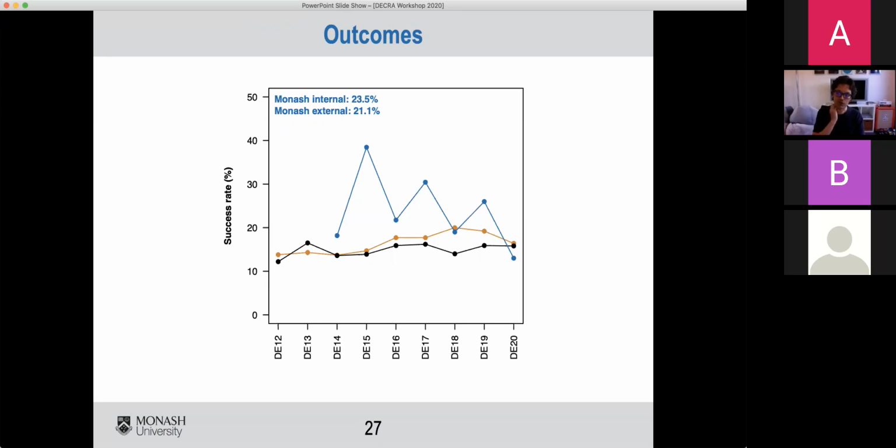And there's also no difference in success rates for Monash applicants who did their PhD at Monash or are doing a postdoc at Monash and then apply for a DECRA to stay at Monash. So the success rates are unchanged relative to whether or not you are already at Monash. It's often a concern that people who are unable to move for family or other reasons will be disadvantaged. The data suggests that is not the case. So we tend to do better than the national average.